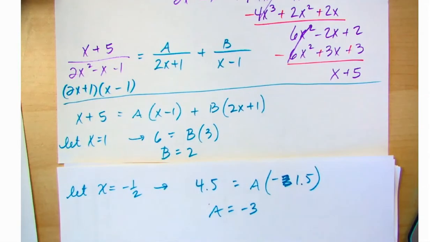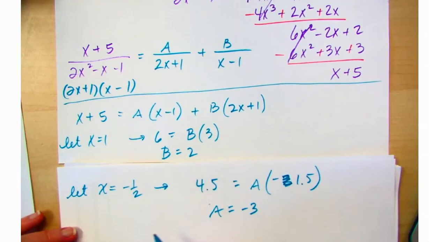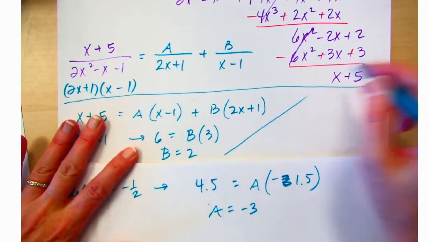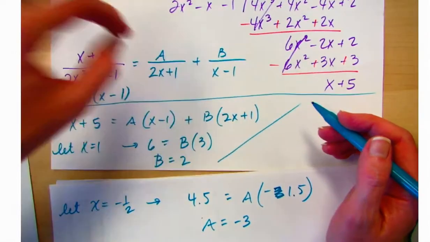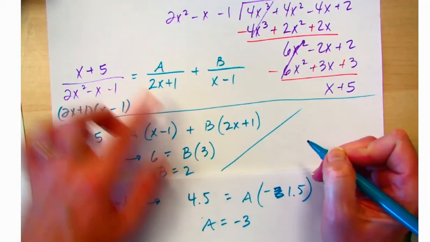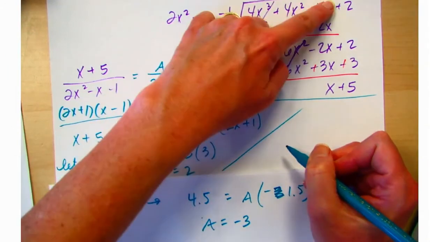You get the same thing if you set up a system in order to do this. You're going to get exactly the same thing. And if you're like, I don't like that substitution, all right, go straight to the system. It doesn't matter. So from here, okay, we've got the quotient